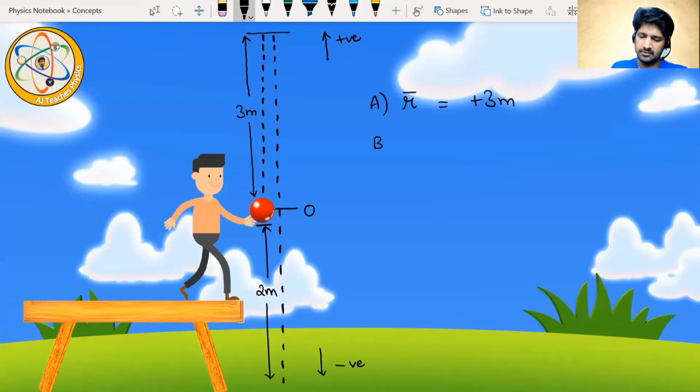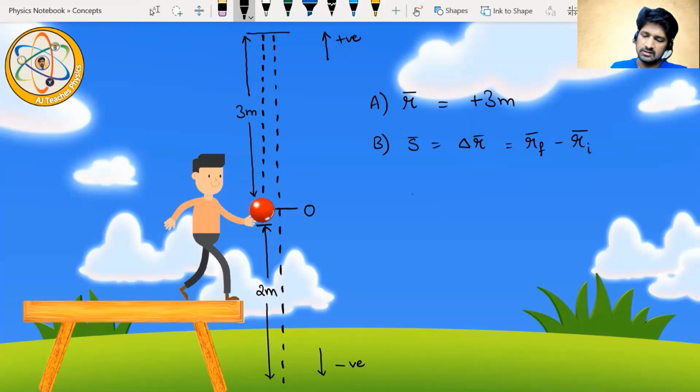The second part of the question is asking you to calculate the total displacement of the ball by the time it reaches the ground. Now displacement by definition is change in position, which we indicate as delta R. That is R final minus R initial. The final position of the ball is the ground and the initial position of the ball is the point of